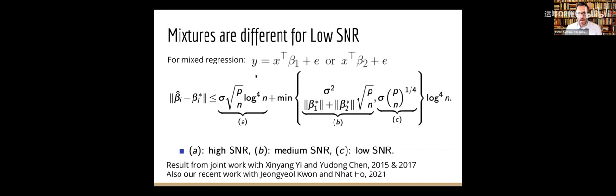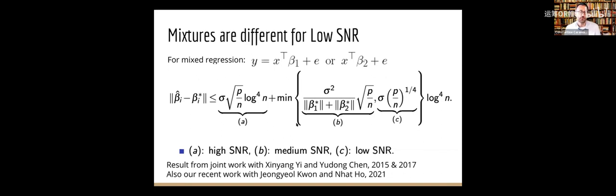And you can see what happens here when you look at these three terms, or in particular term A and term C. When the magnitude of beta 1 star, this norm, is much bigger than sigma, then this second term here in the min is dominated by the first term, and we see that we have the same parametric rate, sigma root dimension over n, that we did before. Again, there's some log factors. This is an upper bound, so the log factors probably don't need to be there as I've written them. So I'm focusing on the other terms here.